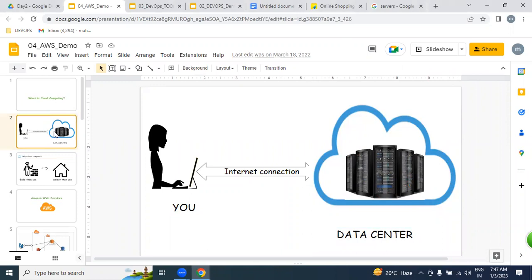Any cloud provider, any cloud, is rental-based resources only. We are not buying anything here. We are going to take it on rent. For deploying and maintaining our applications, whatever infrastructure we require, we are going to get from the cloud on a rental basis. So we are not buying anything.